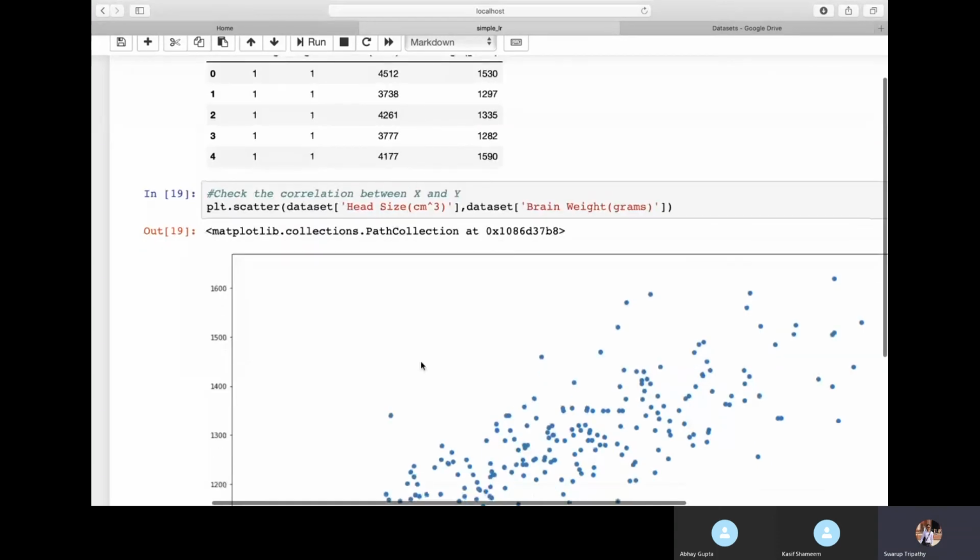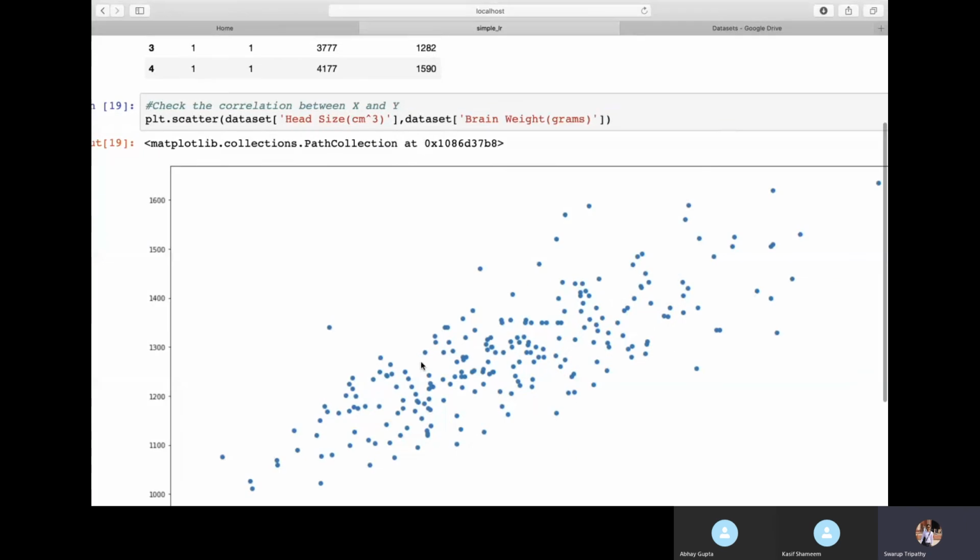And we are able to see here that they have a linear relationship with one another. When x is increasing, y is also increasing. It looks like that in the graph. Now we will also see what the correlation coefficient between them is. That is called a small r. We will use a function in Python and see the correlation coefficient between them. That will give us a better idea of how well they are correlated with one another.